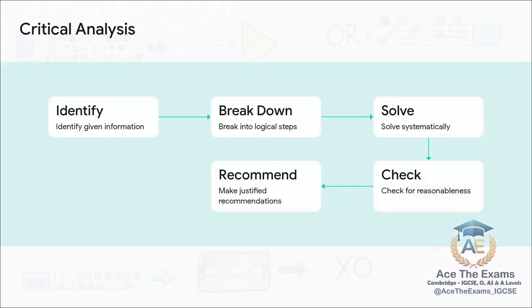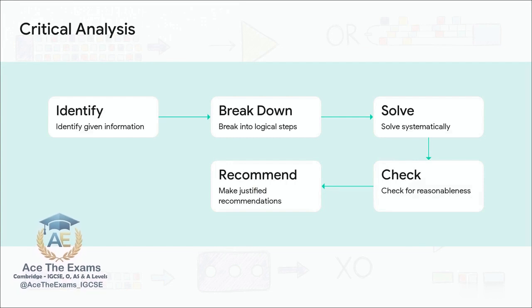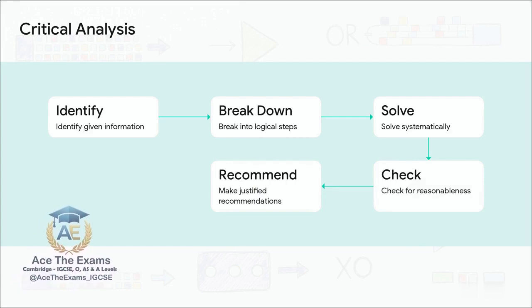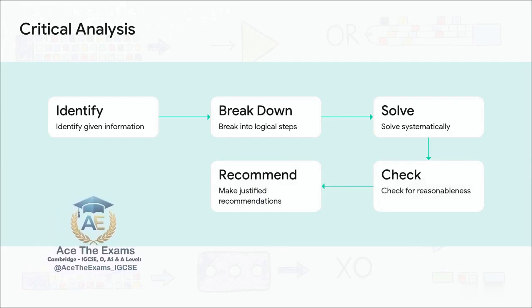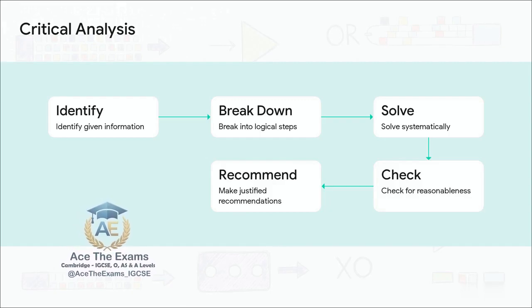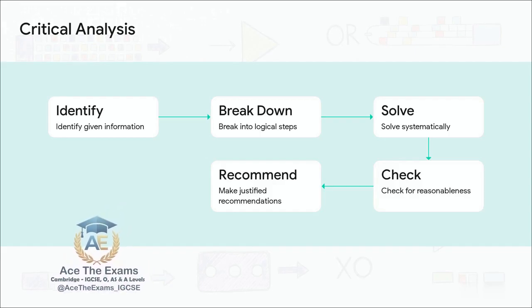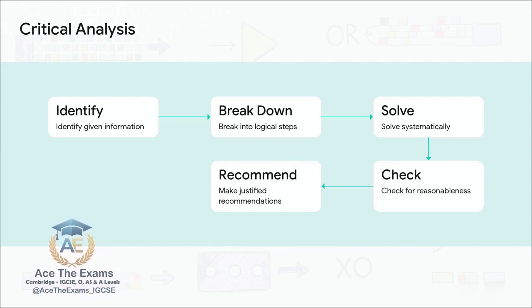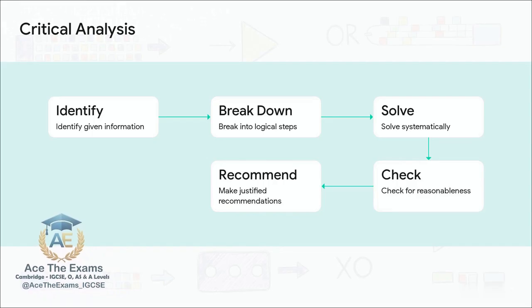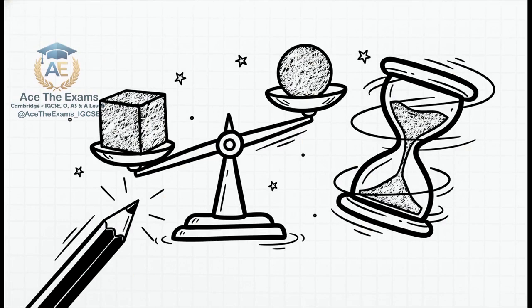Here is the ultimate blueprint for algorithmic thinking. These 5 problem-solving steps are the deconstruct, solve, evaluate loop, broken down into its absolute finest components. Step 1, identify the given information. Step 2, break the problem into logical steps. Maybe you actually need to shift bits logically before you even apply a mask. Step 3, solve systematically. Step 4, check for reasonability. And Step 5, make justified recommendations based on the output. If you memorize this exact sequence, you will literally never freeze up when faced with a 6-mark application question ever again. Now, what if the command word asks for a comparative analysis? Say the question is